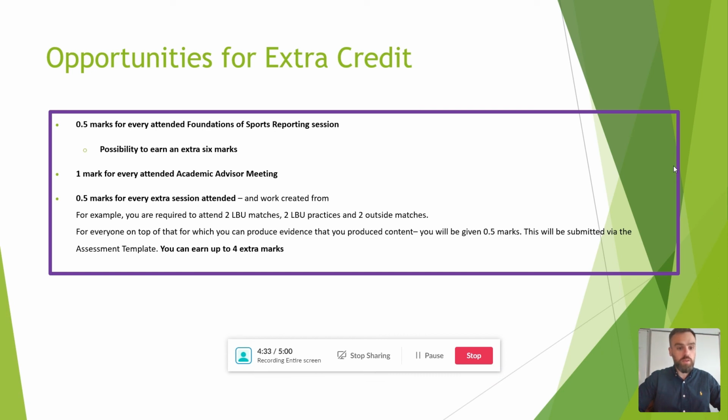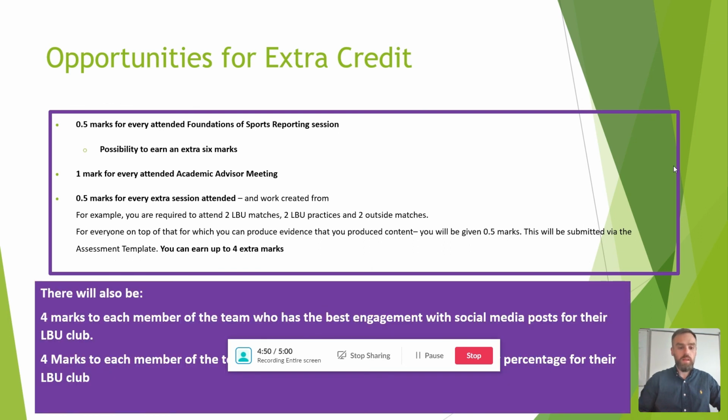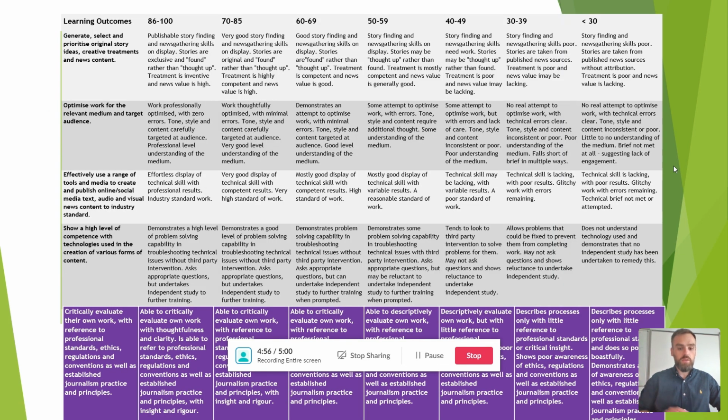There are opportunities for extra credit. You get a half a mark simply for turning up to foundations for every class. You get a mark for the academic advisor meetings that you attend. And then for every extra thing that you do, more than outside the practices and matches that you're required to go to, you can earn up to a half a mark for every single one. And we'll also be taking a look at which groups perform the best throughout the year to get some extra marks as well. There's also the